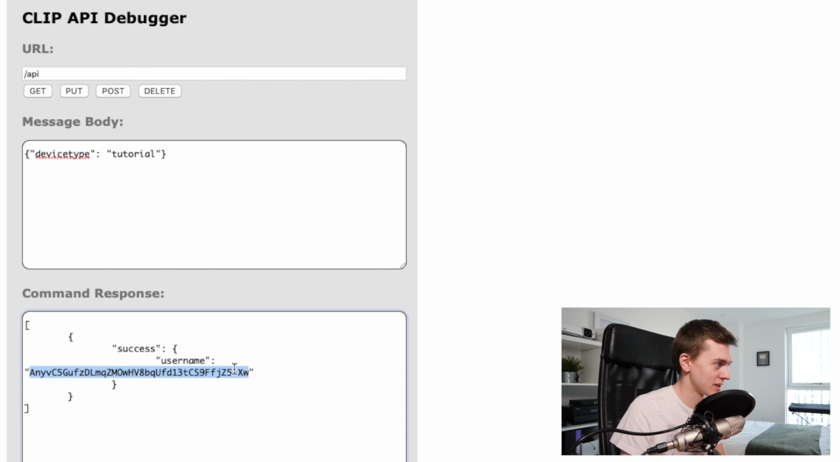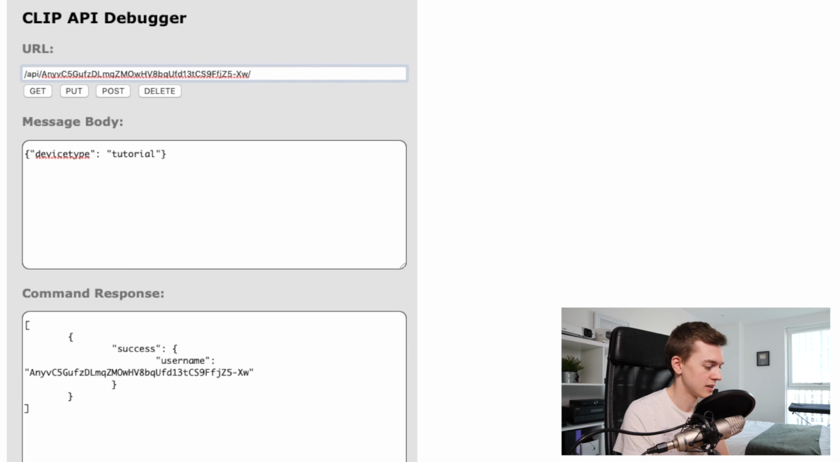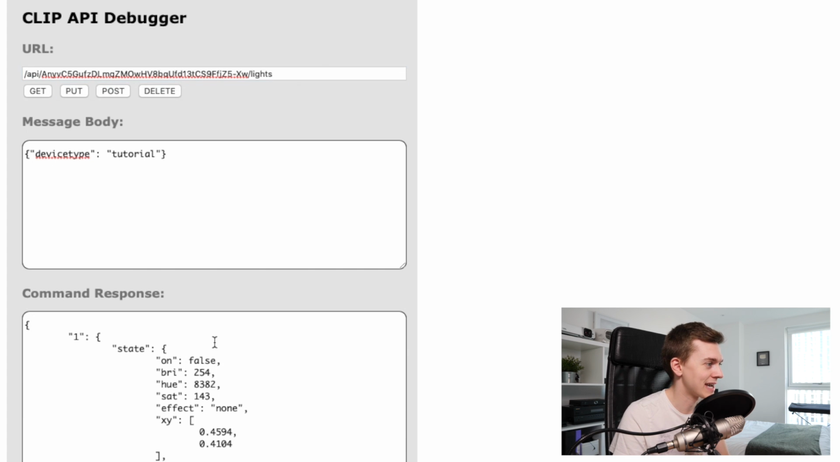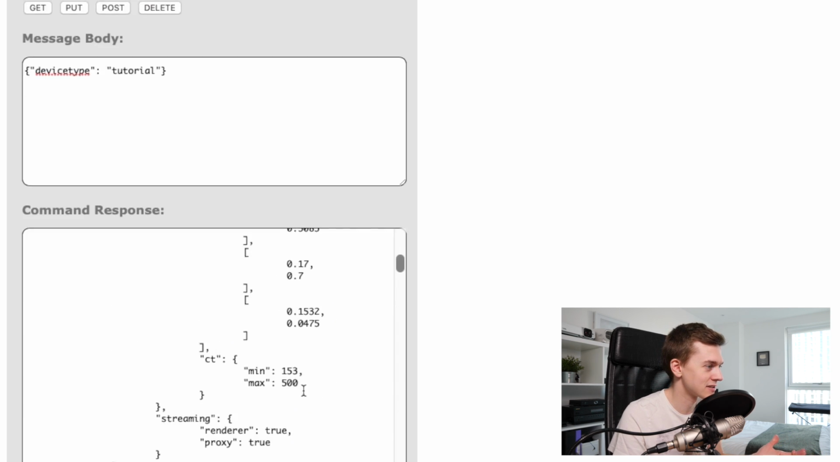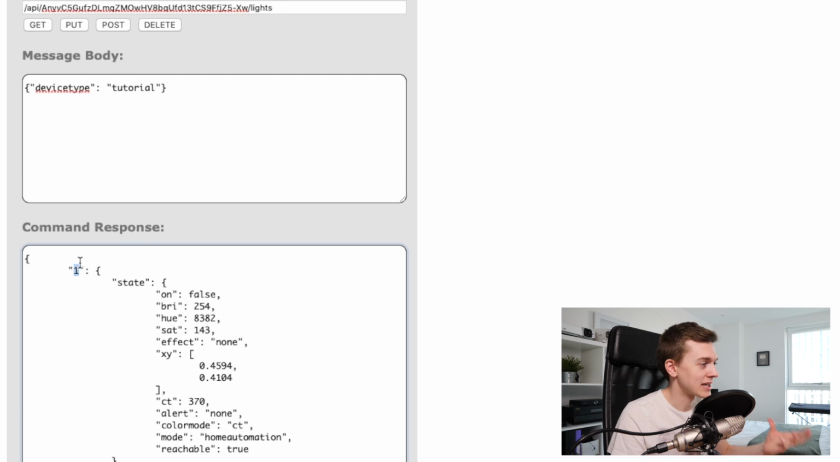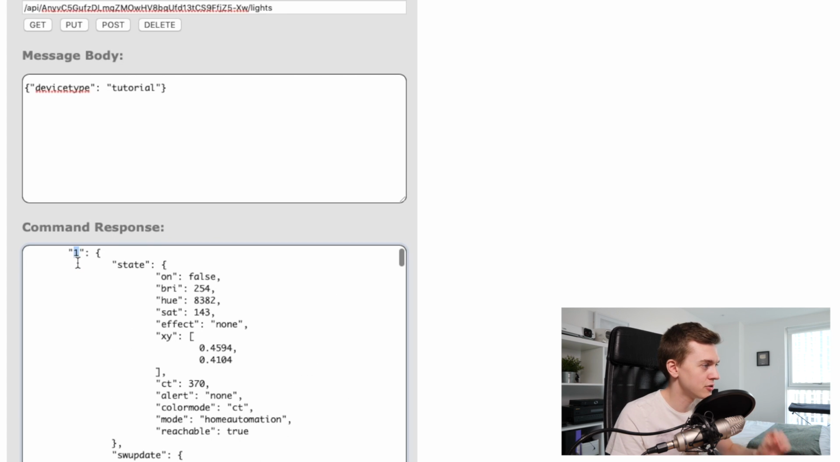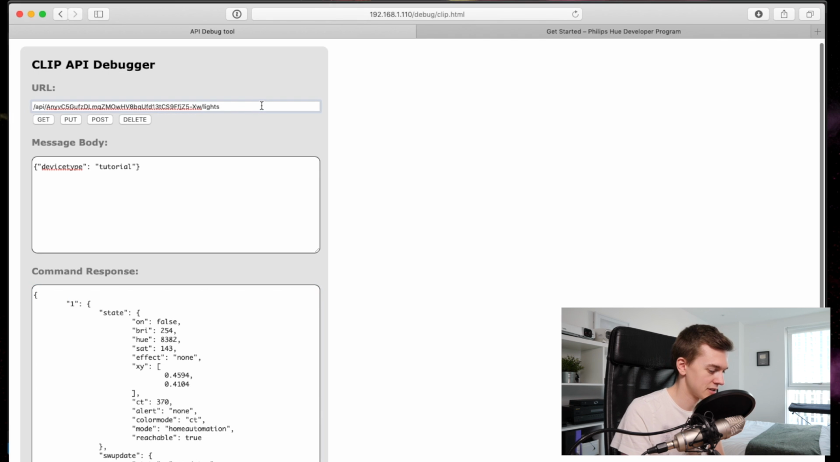So we want to make a note of that username. You should now be able to use the other endpoints on the bridge by doing /api, the username that we just got given, /lights, we can do a GET and that'll tell us all of the lights that this Hue bridge knows about. You get an object back. The keys are the Hue IDs. So then on the end of this, if you add /an ID, so one I know is the lamp on my desk here,